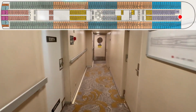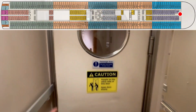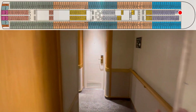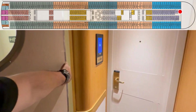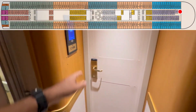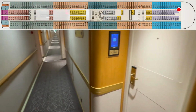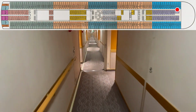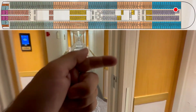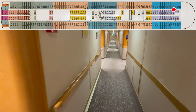These are crew areas, okay? Maybe we shouldn't have gone that way, but well, it doesn't say crew area, but it's definitely a crew area. All right, 106, 102, 104, and here we go. It should be 108, yes, into the 200s, 202, 204,